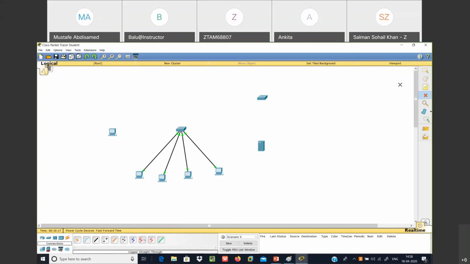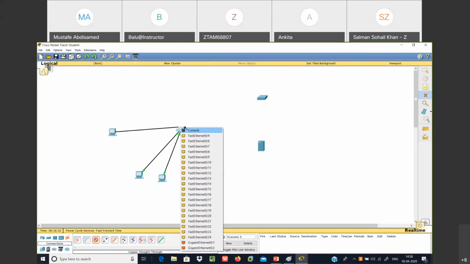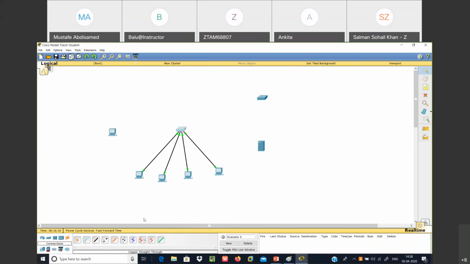Maybe there is already some device. So one new device I'm trying to connect to